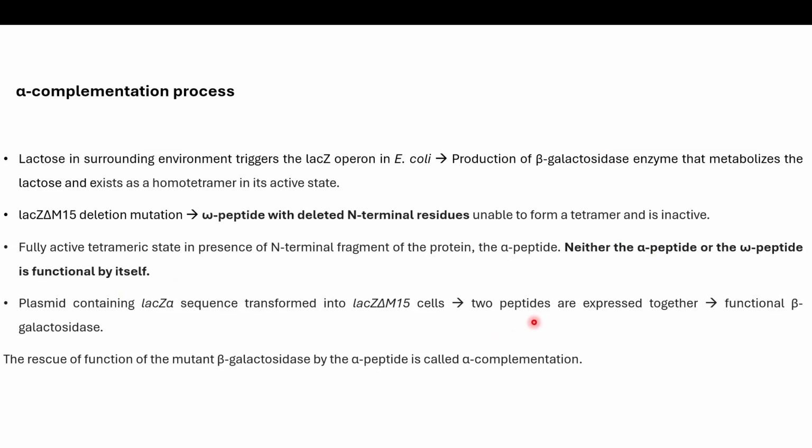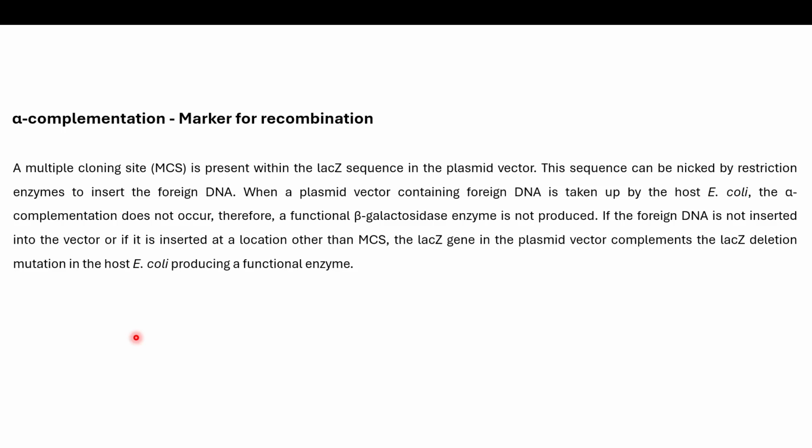Okay. So when these two peptides are expressed together, functional beta galactosidase is formed. This is what is actually used as a marker for recombination. What happens here is that a multiple cloning site is present within the lacZ sequence. The sequence can be nicked by restriction enzymes to insert the foreign DNA, and when a plasmid vector containing foreign